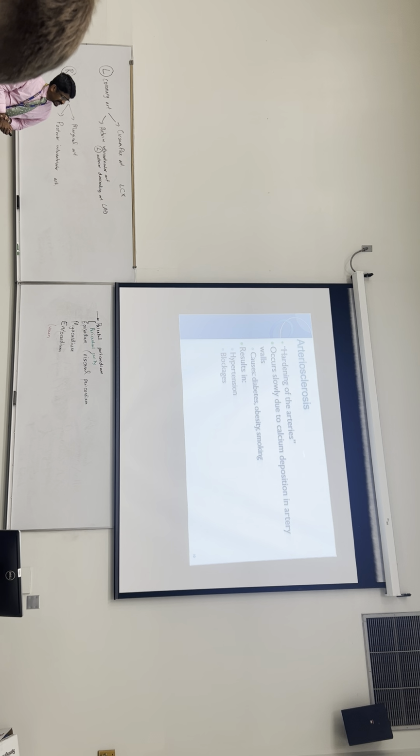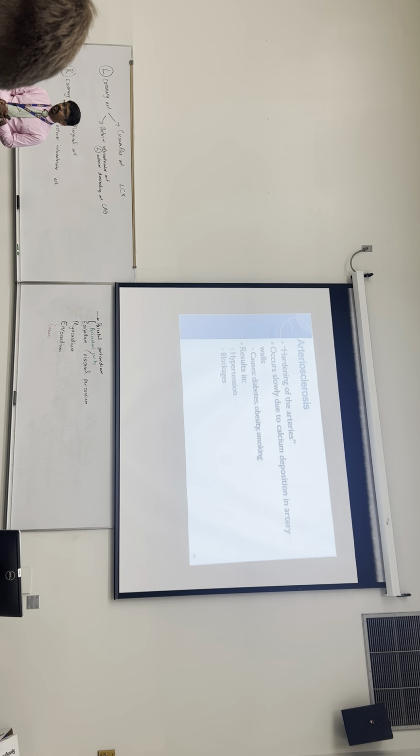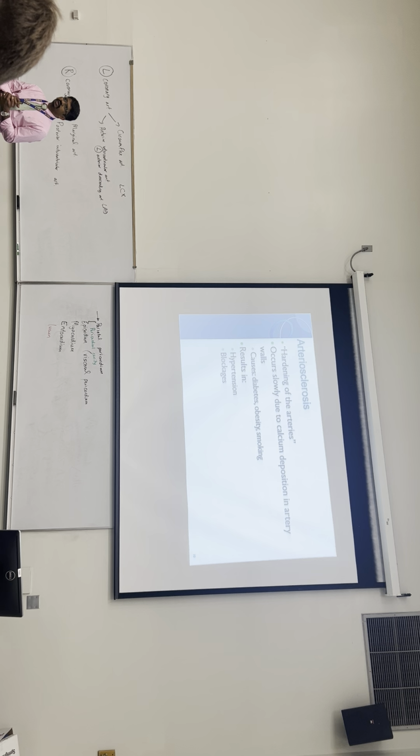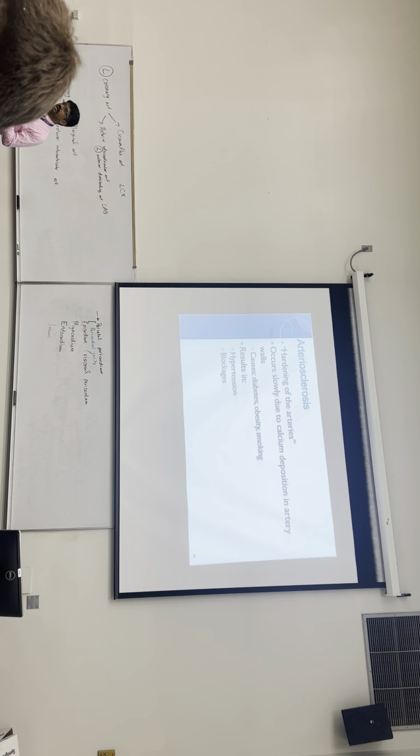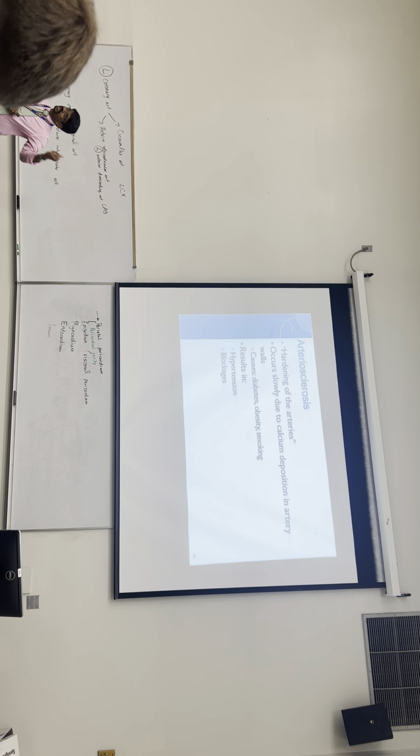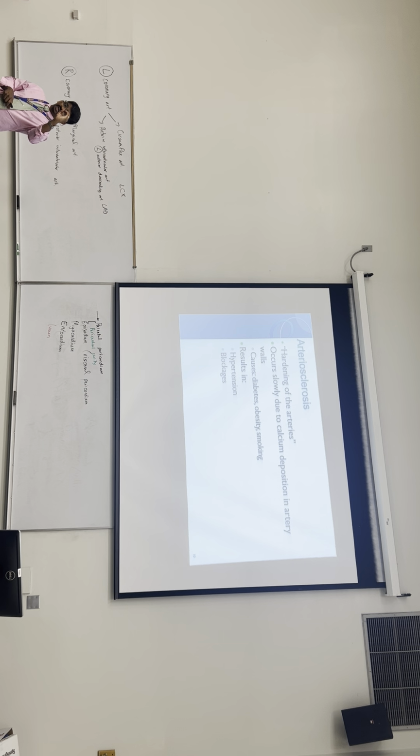Here it is. Does anyone know what triggers the start of it? We always talk about what's found in it. We talk about calcium deposits. We talk about fat being in it. What actually triggers it? There's been a lot more information that's been researched and shared. It's just inflammation of the blood vessel. Okay? Someone who suffers hypertension is at a high risk for that, because the blood vessel now has to cope with a higher blood pressure, so it's going to get injured more easily, which means inflammation, which is the basic response to any injury first, right? Just kind of segregate that area. That starts off, and then